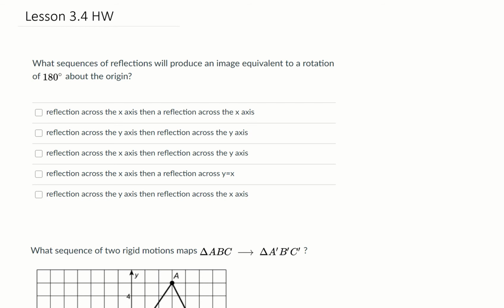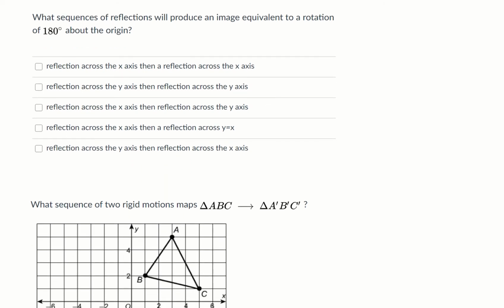So we're going to be covering the homework problems on Canvas for 3.4, which is essentially reviewing all the transformations that we discussed, in addition to glide reflections. So here the first question asks, what sequence of reflections will produce an image equivalent to a rotation 180 about the origin? So basically it's combining the different transformations in order to see if we get something equivalent to a